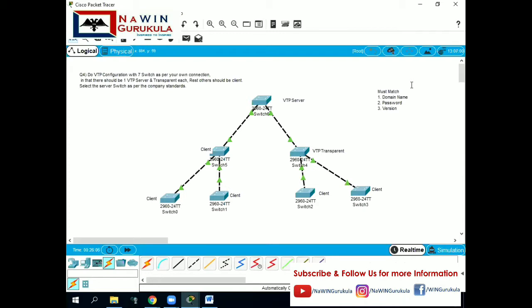So whenever you are connecting the uplink from switch to switch, it should be a trunking port. We have to convert those ports into trunking ports. In this case I have taken one VTP server, the topmost one, and I have taken VTP transparent mode at one switch, and the rest of the switches as clients.